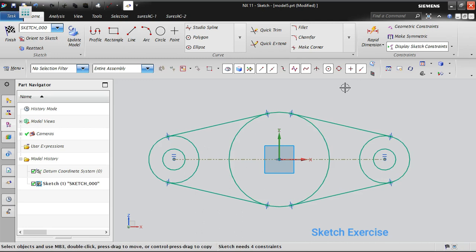Some people may question me why we cannot create this profile and mirror it. We can do that also, that is not a problem. But generally, if it is a complex profile, you can go for the mirror option. Otherwise, don't do mirror. If you are doing it as a feature or body, it is fine. For the sketch, don't make the sketch very complex. Make it very simple, so I do not want to bring any mirror option over here purposefully.